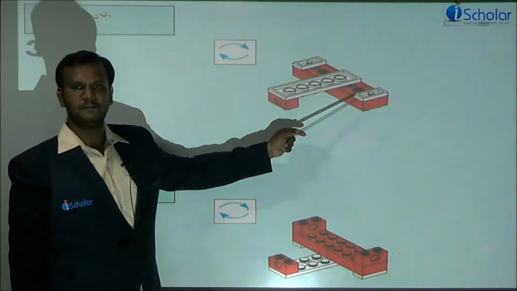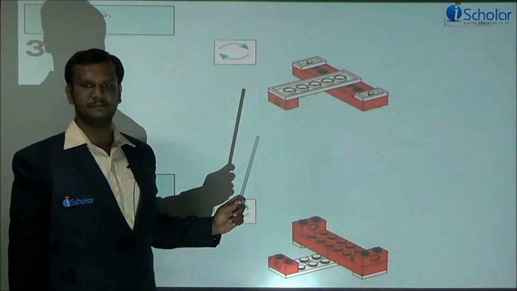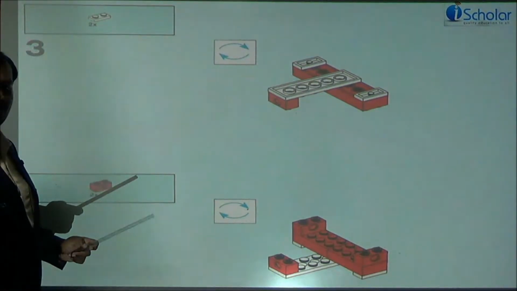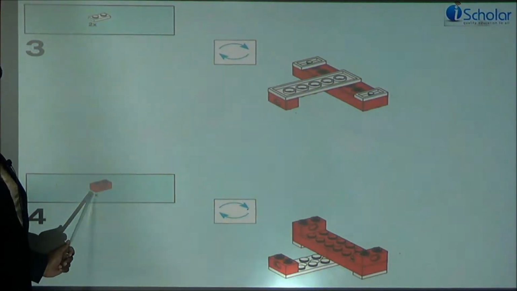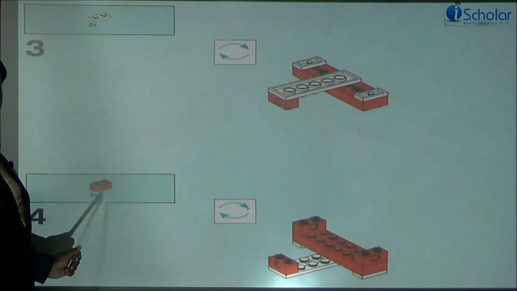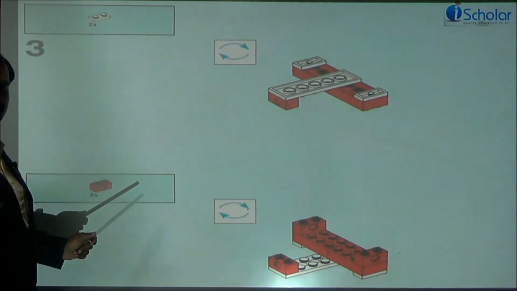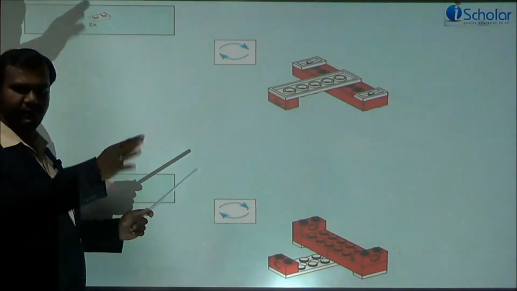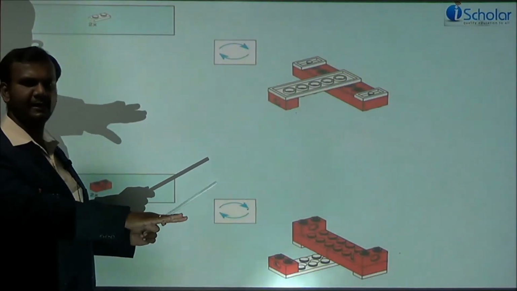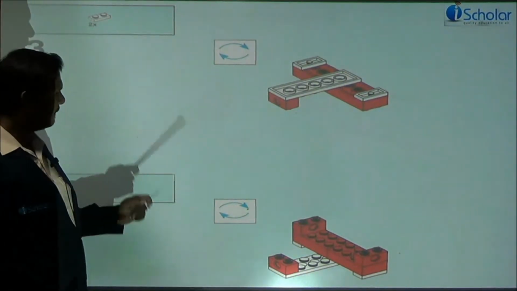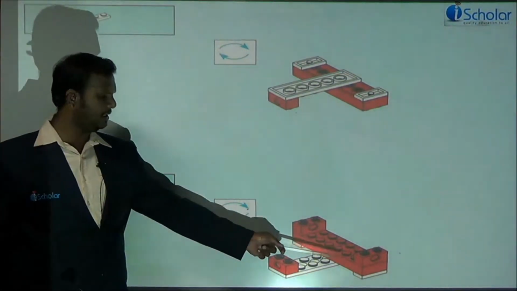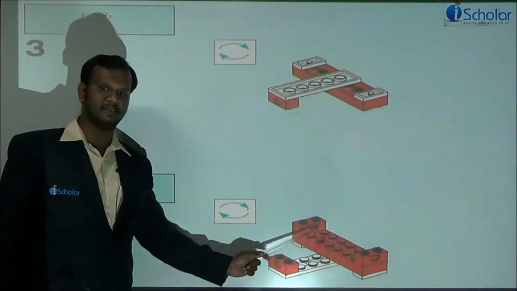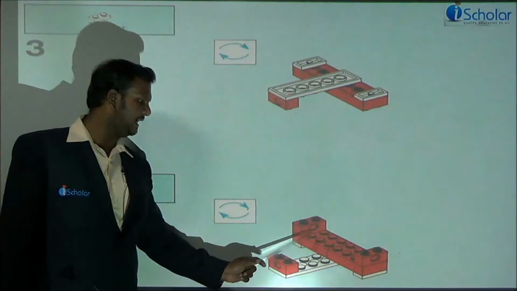Are you all able to follow? Okay? Fine. Step 4, we have to take the 2 dotted red color block, 2 in numbers, and turn your product. Now we have turned it upside down, right? Now turn it to the correct position and place these 2 dotted red blocks above this particular red block, this end and this end, to the extreme ends.